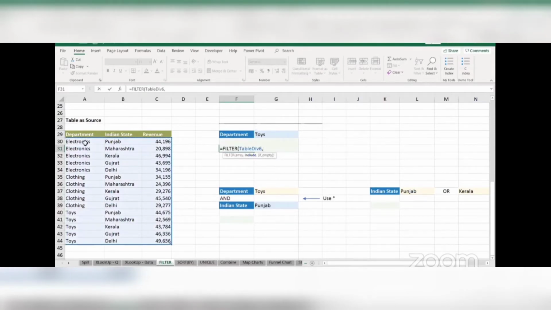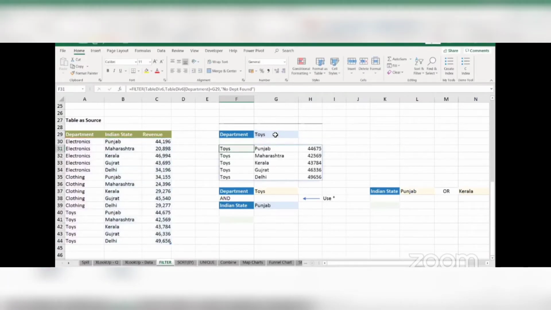That the department, that is the entire column of department, should be equal to toys. Okay, comma. If empty, so if I want to say I don't find any data, what do I want instead of the error? I can say no department found, for example, bracket closed, enter, and we get the answer. So we have toys and we have the data for that as well.